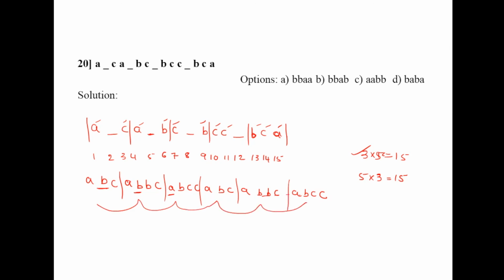Okay, so the answer for this question is B, B, A, A. Whether it is in the options? Yes, it is option A. Option A is B, B, A, A. So if you try to solve these questions, it's more than sufficient to crack the questions which are related to missing letters.